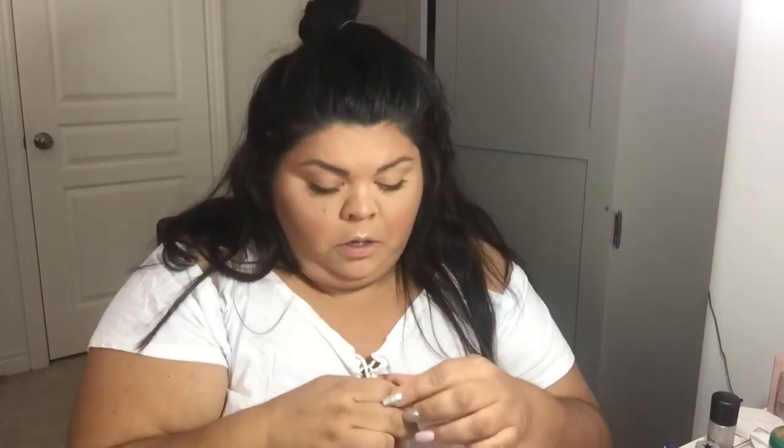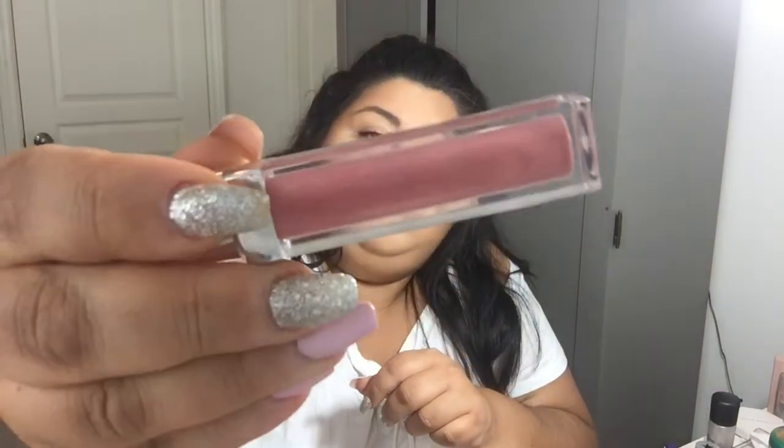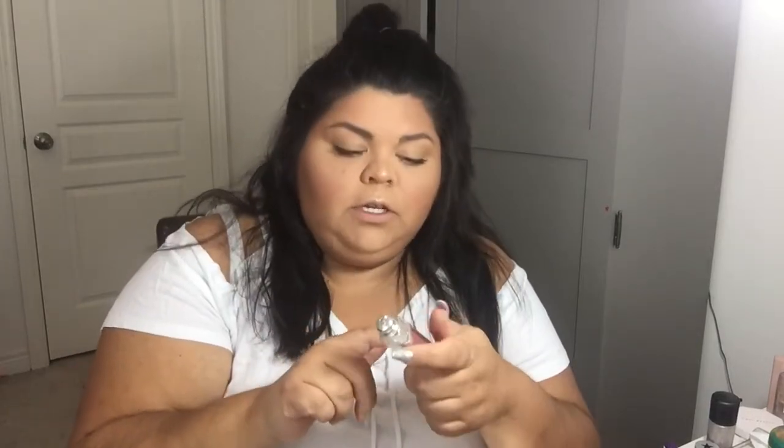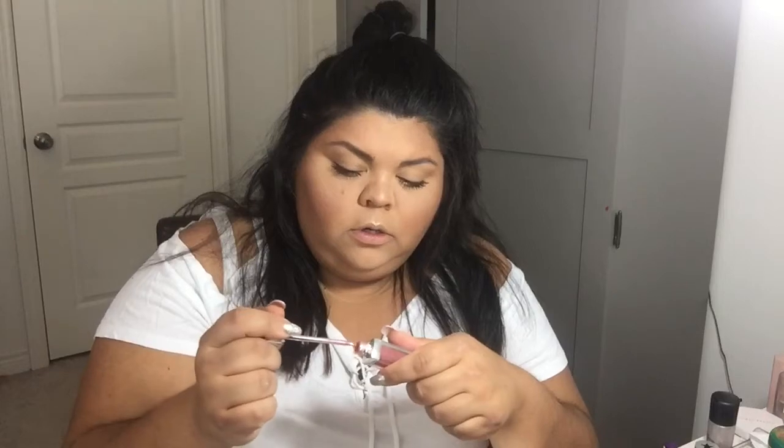This is the lip gloss that I use on a daily. Can you see, Dior Addict Ultra Gloss in 785 is the color. It's a pretty mauve neutral and it's got a little bit of glitter in it. I have one from Guerlain also, which is very similar, but the glitter is a little more silver. So yeah, I just...